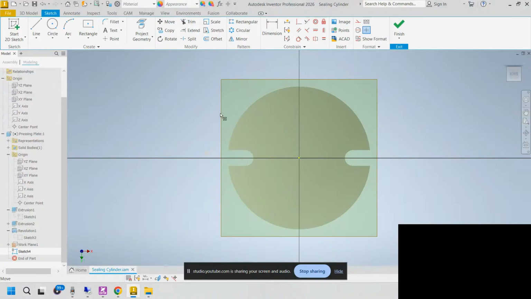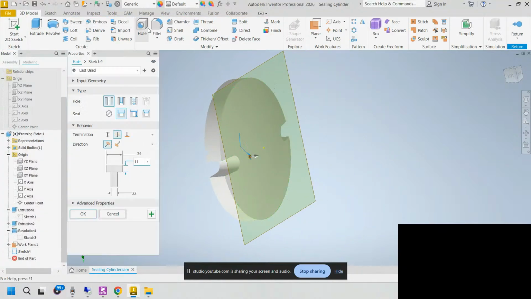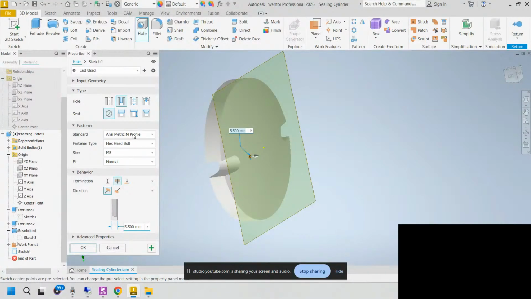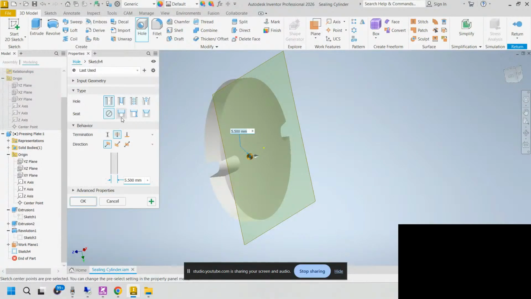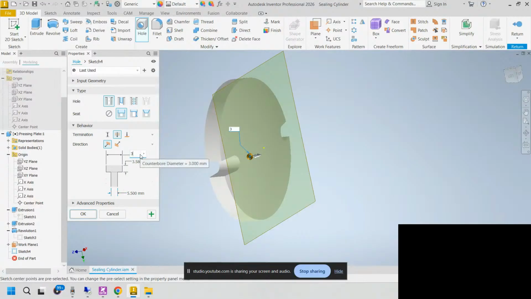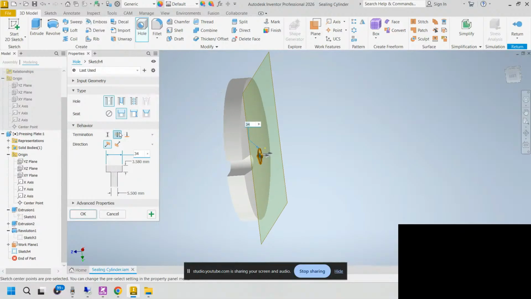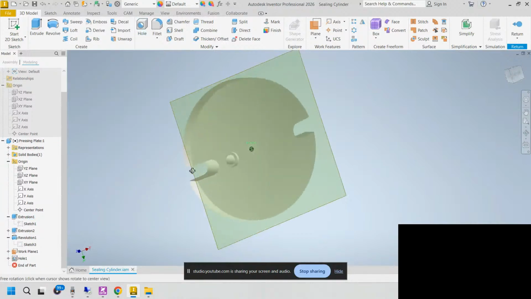Let's create a sketch on this plane. I want to choose a point here. Okay, let's do that again. Let's choose this 34. Okay, direction should be in this way. 11 and 22. Okay,